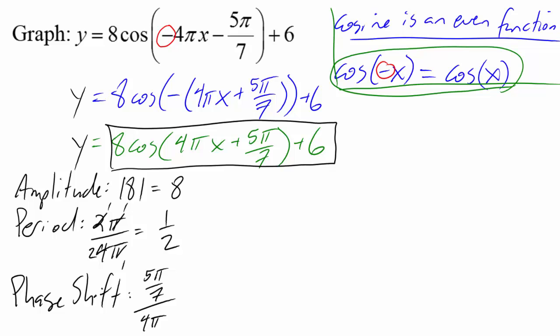Now this gives us a complex fraction, which is particularly irritating. So instead of looking at this as a fraction being divided by something else, which can be kind of unwieldy, we're going to look at this as 5 pi over 7 times the reciprocal of that thing we're dividing by, 4 pi. So that's going to be times 1 over 4 pi. Now the pi's are going to go away just like they did for a period, and unfortunately we cannot do anything else here, so that's going to leave us with a period of 5 over 28, or excuse me, a phase shift of 5 over 28,